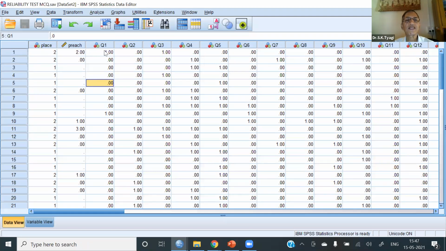Student 1 says strongly agree, 5. Student 2 says disagree, 2. So the scores will be between 1 to 5. But there is a sense in which we can find out the total score, and the person having a higher total score is placed higher on that scale than a person having a low score.